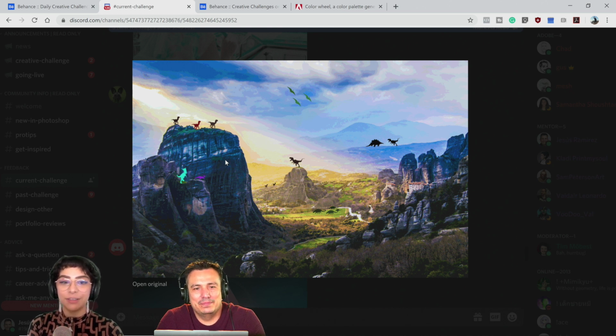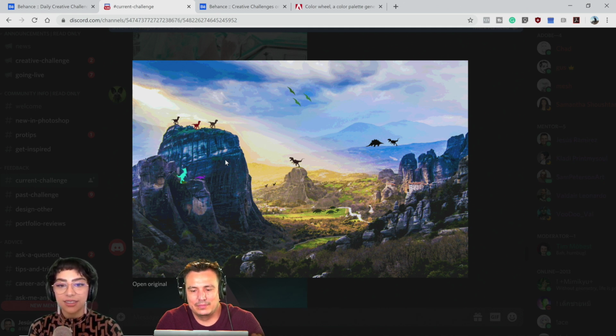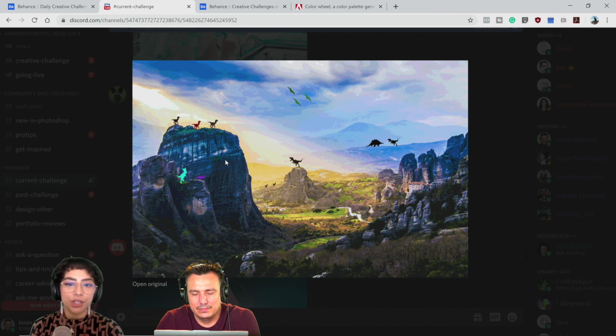Yeah, I think it's really fun. I love all of the color, like the color spotlight there right in the middle, leading you directly into the middle as your focal point. That's great. And this is so fun. I love all of the little dinosaurs around. The only thing that throws me off is to the left, the middle left is like a teal and a purple dinosaur.